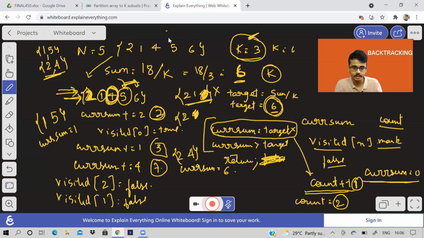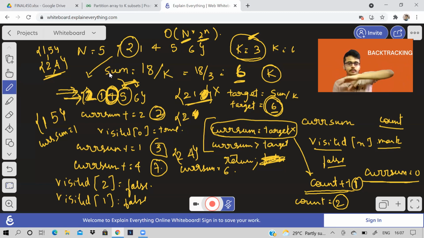What is the time complexity? Time complexity is going to be n into 2 power n. Why 2 power n? Because there can be 2 power n subsets, and into n, because with each element you are considering all the subsets. See, we started from 2 and checked all possible combinations. Then we'll start at 1 and check all the possible combinations with 1. So n into 2 power n is the time complexity, and space complexity will be 2 power n, because